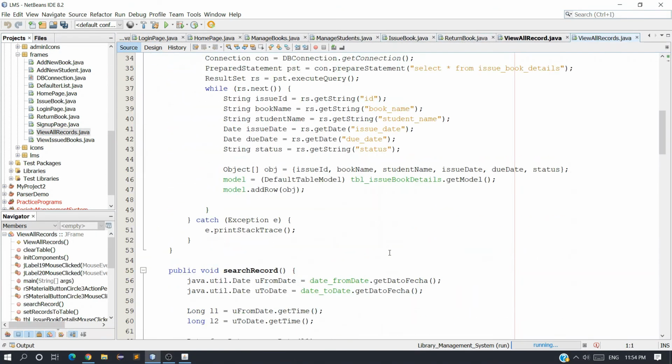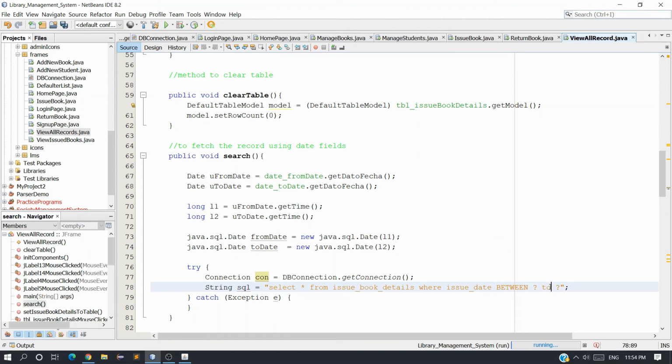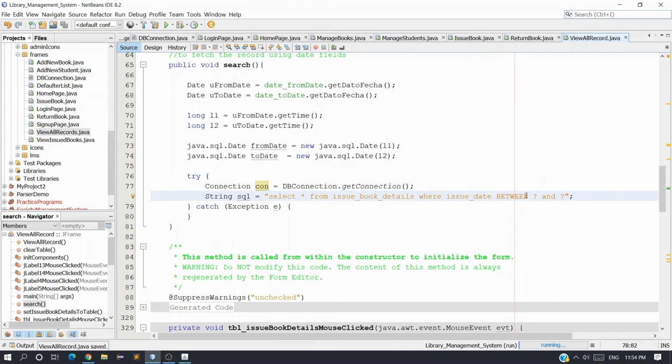You can see the SQL query I have written: where issue date between this and this. What it means is I want to select the records where issue date is between, and here we are going to pass the from date and to date.